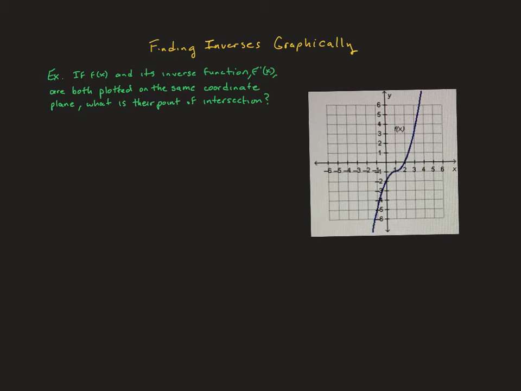Functions and their inverses graphically are reflections, and they are reflections over the imaginary line y equals x. So that's what that line is right there. They're reflections over that line. So if I were to draw an inverse of this, it would look something along the lines of